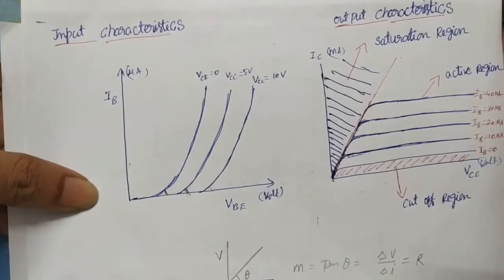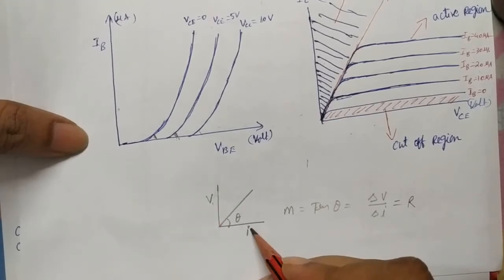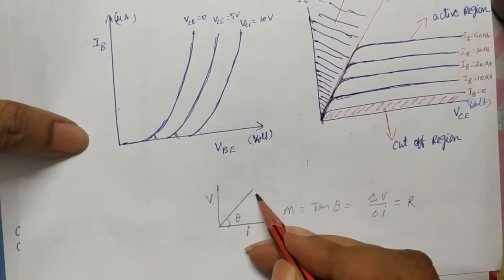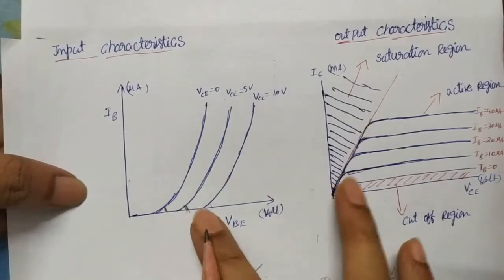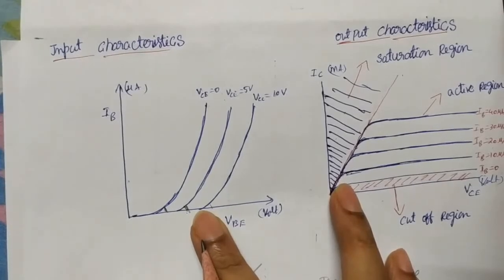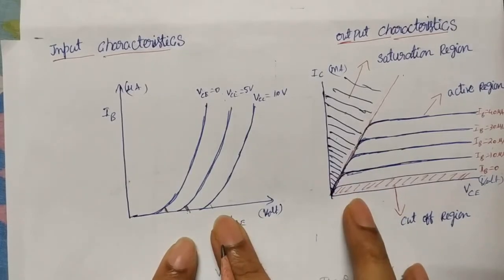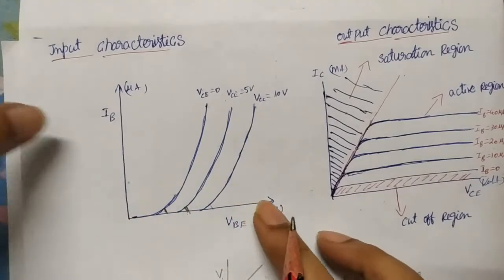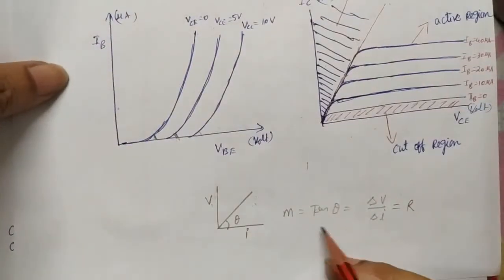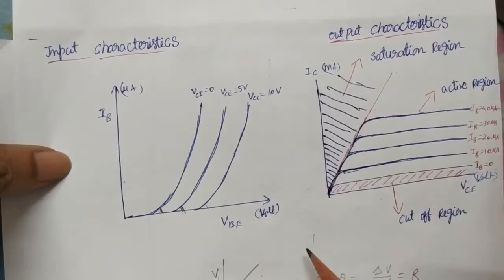But Ohm's law is not that. What is Ohm's law? Current is proportional to potential. It can be any voltage, it can be any current, the resistance of the conductor is constant. That is Ohm's law. But this doesn't follow Ohm's law. That's why these devices, either junction diodes or any semiconductor diode, and transistors, are non-ohmic devices. What is a non-ohmic device? Which are not following Ohm's law. Of course, I is proportional to V only, but we are not getting a straight line. Ohm's law means you must get a straight line, the slope must be constant, but here the slope is continuously changing. That's why these have a dynamic resistance.